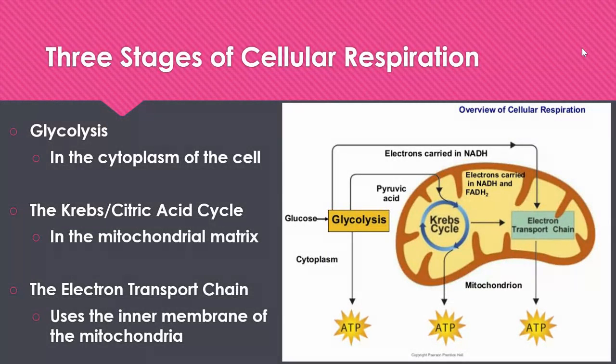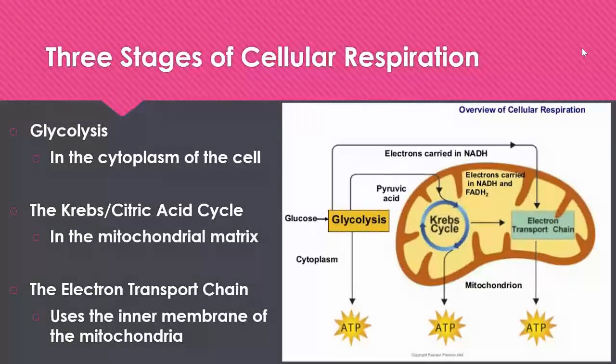So both of those processes, cellular respiration and photosynthesis, are considered to be metabolism. And you might have heard metabolism before. Like if you have a fast metabolism, that means you burn energy really fast. Well, metabolism just means processing energy. So cellular respiration is one way that we process energy, and we're going to break that down into the 3